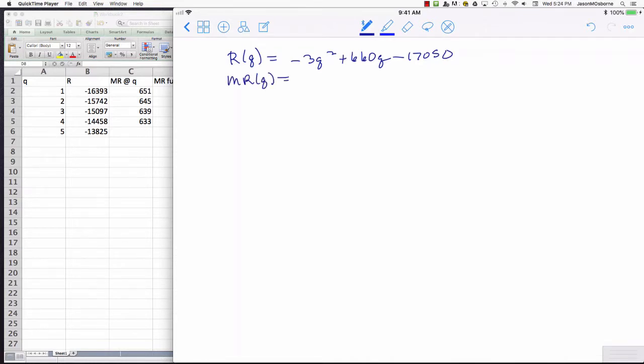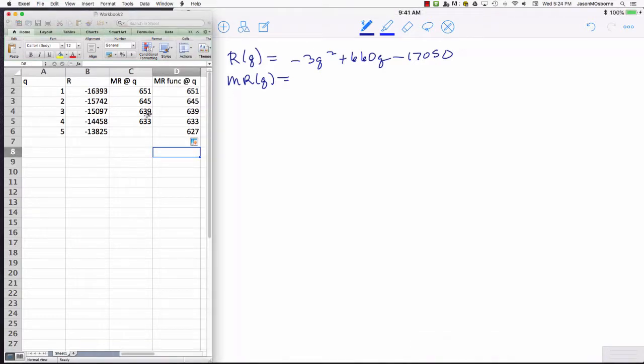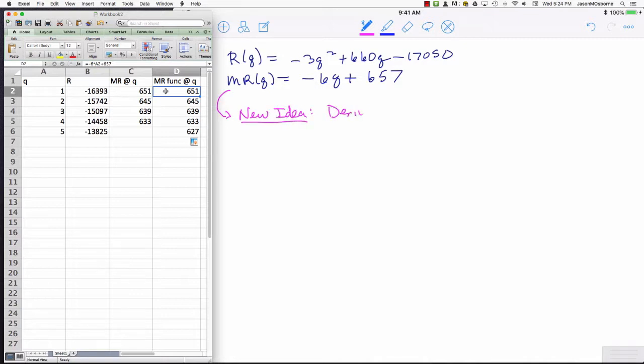And we decided that it was, let me see, what did we decide that was? Minus 6q plus 657. Okay. We need to bring in a new idea. And the new idea is the concept of the derivative of the revenue function. Okay? And it will be denoted R with a little tick mark there called the prime symbol, R prime of Q, and it would be pronounced